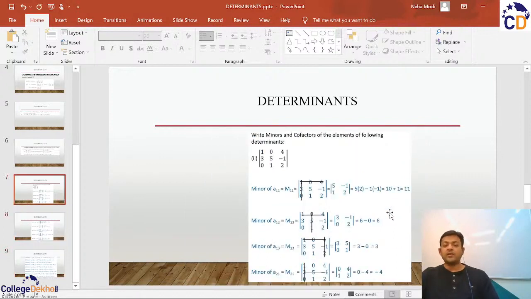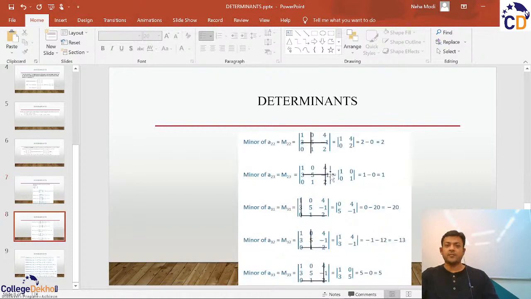Now, how to calculate the cofactor? The question says calculate the minor as well as the cofactor. In order to calculate the cofactor, it's a very simple exercise that we need to follow. The steps are: we first need to calculate the minor, which is clear to everyone, I hope. So step 1 is to find the value of the minor. Then